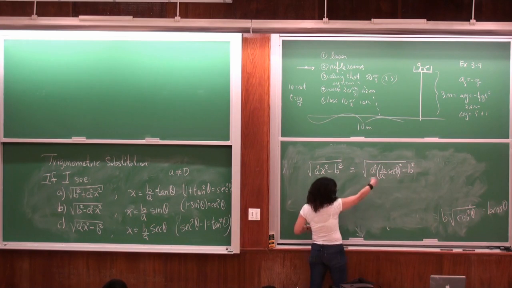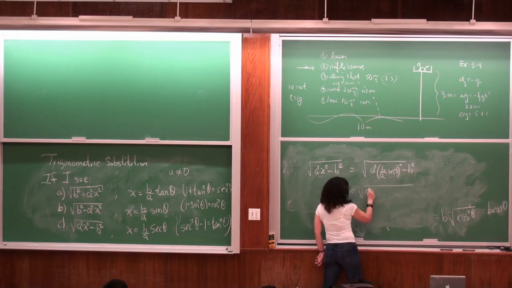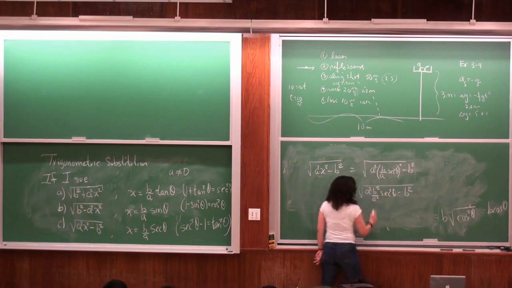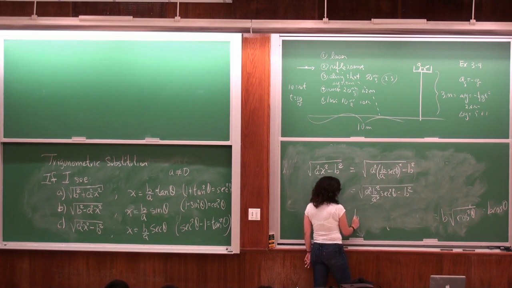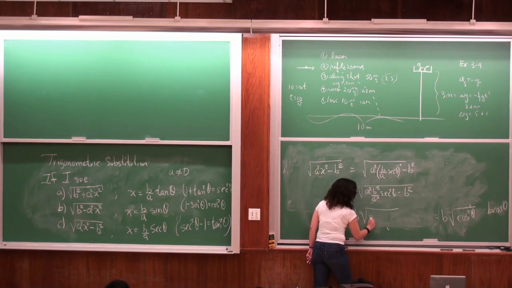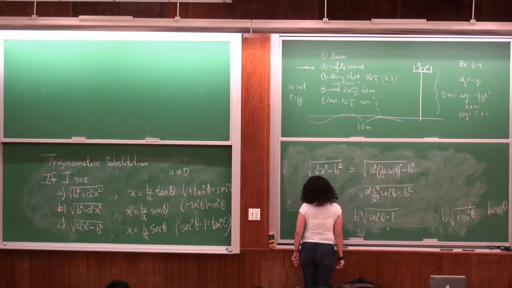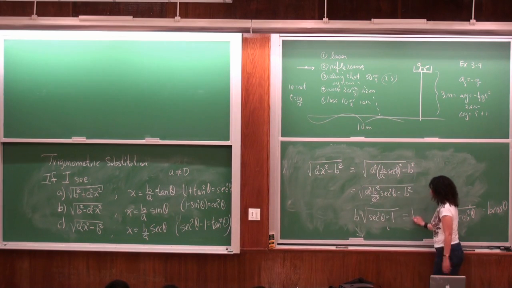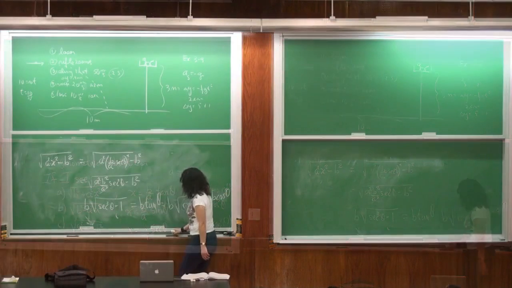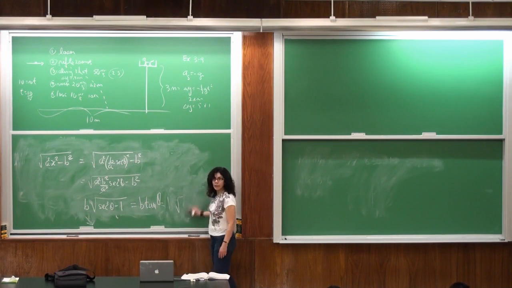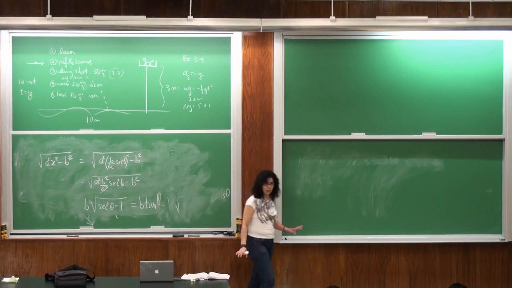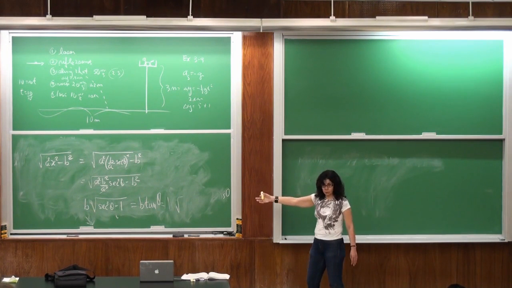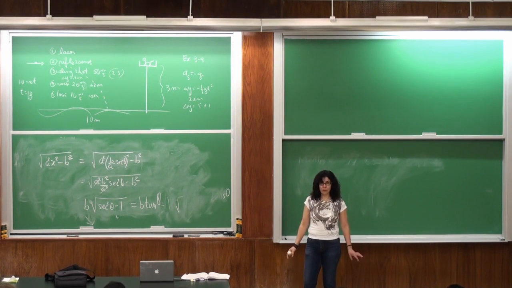So if I go over here, I'm going to put here secant. Right? So if I cancel out, this is going to look like this. A squared, b squared, a squared, secant squared of theta minus b squared. Cancel your thing, factor out b, and you get secant squared of theta minus 1, which is going to give you tangent squared, right? Etc. So it's very easy. Okay, so those are the possible trigonometric substitutions. Any questions?